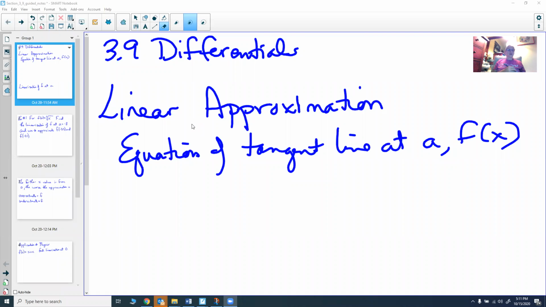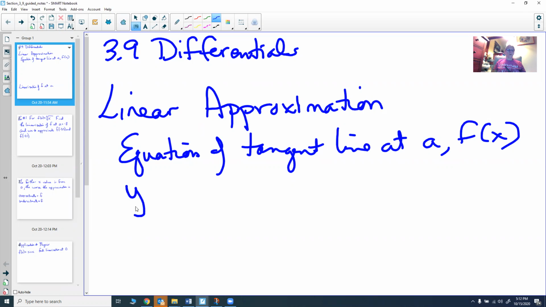So this video is going to be talking about something called a differential and also linear approximations. We've done some equations of tangent lines already at a point for some function f of x. So let's just formalize that a little bit. Just remind you what that is. The equation of a tangent line